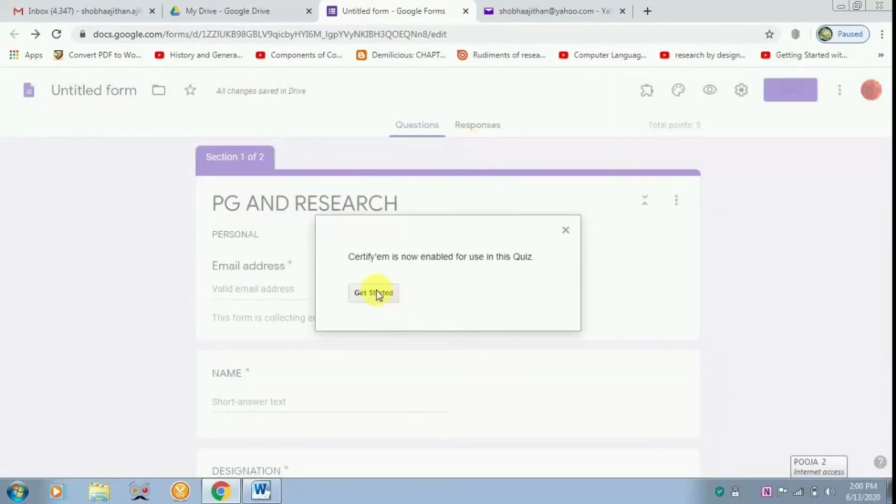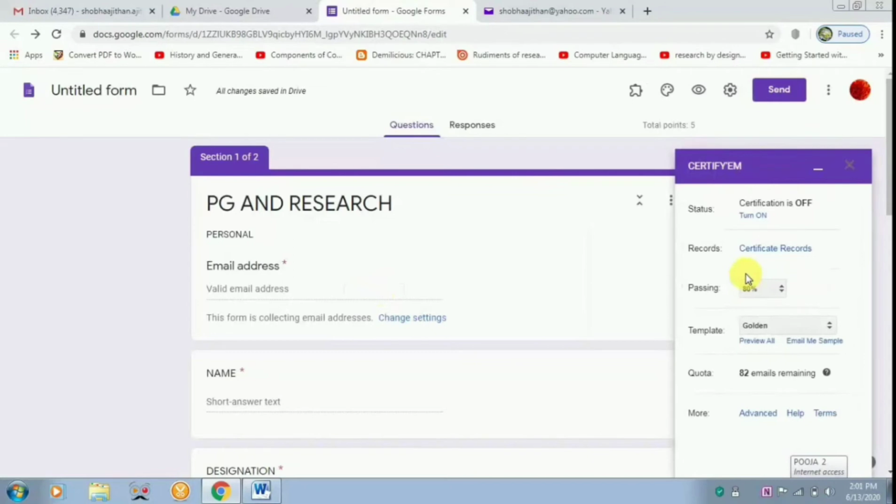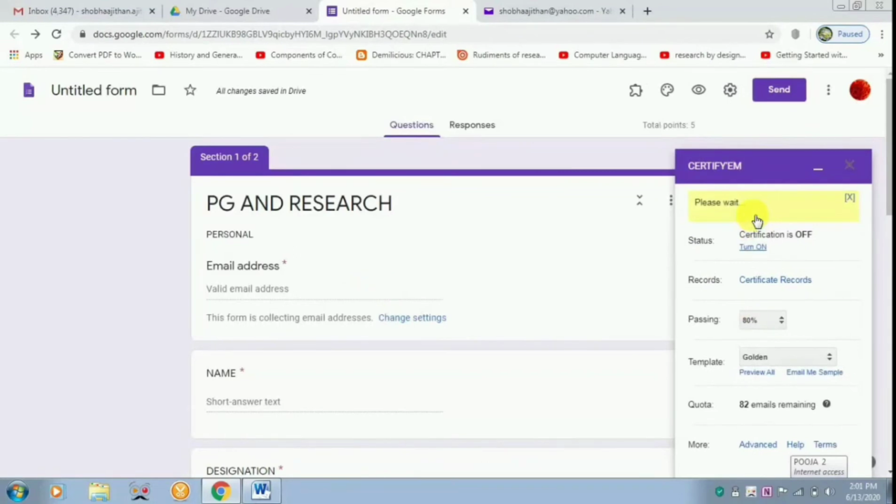Get started. We have to wait since it is enabling it to this particular quiz. So this screen appears, that is the CertifyM. So the status of it, the certification is off. Now you have to turn it on. So it is just working on it.